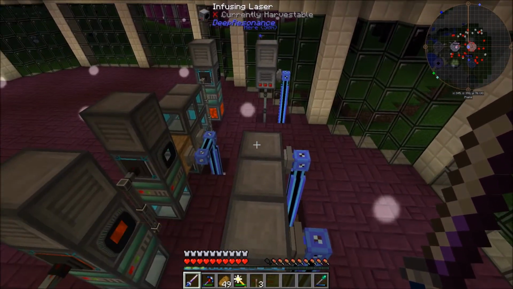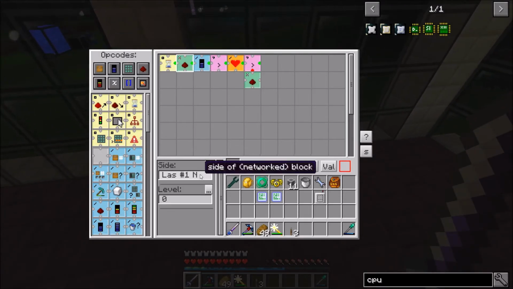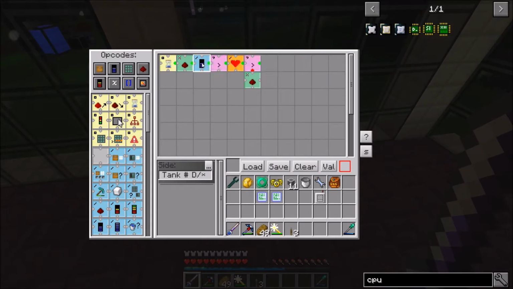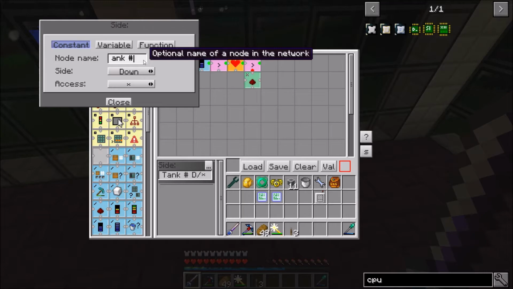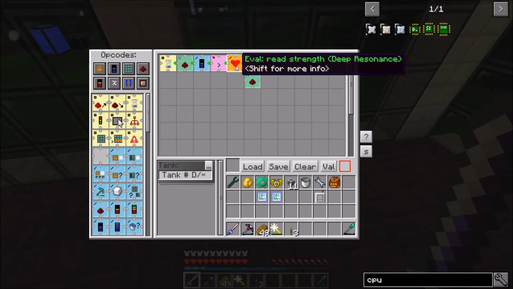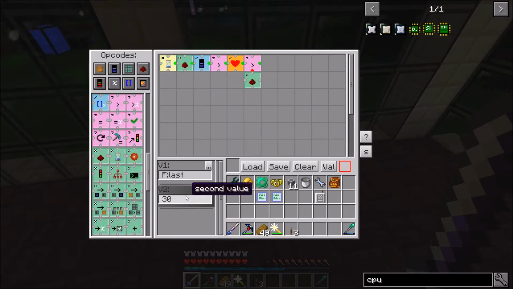First off, this laser is going to be on the south side. So we'll go ahead and say laser on the south. And then the liquid in the tank, we're going to use tank number 2 on the down. That's good. We're going to say greater than 6,000. That's great. Right here, the tank needs to be tank number 2. And we're going to say check and see if it's greater than